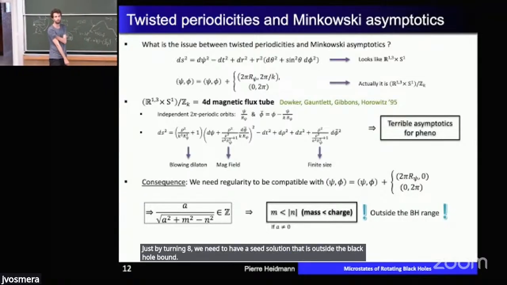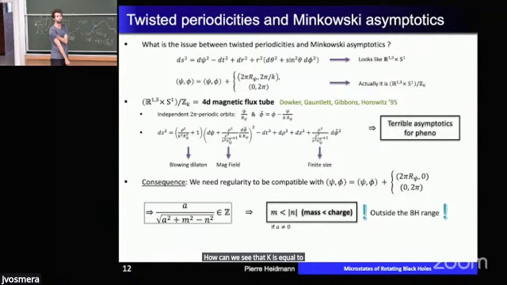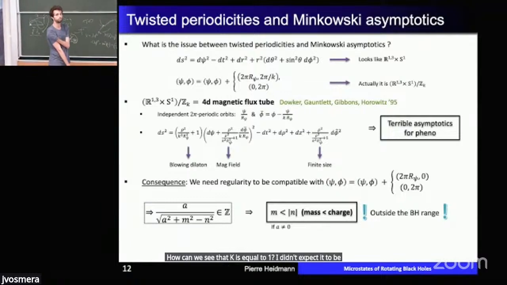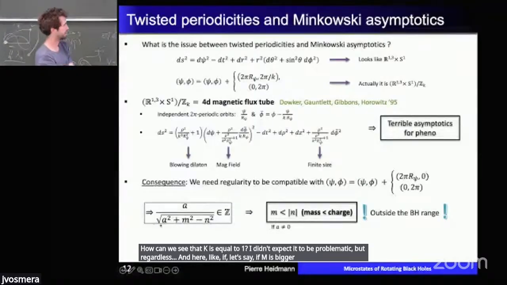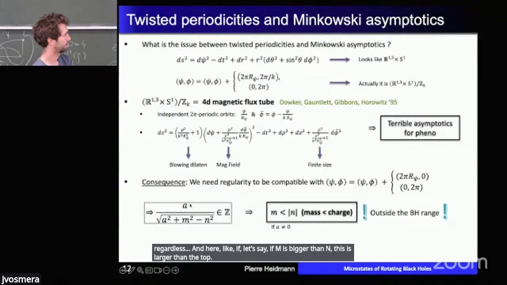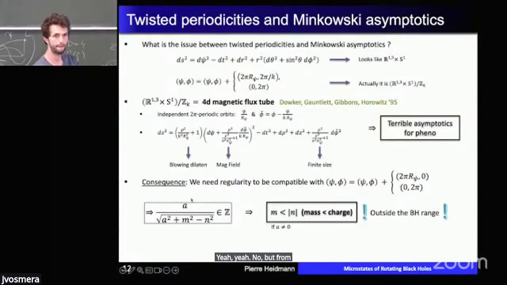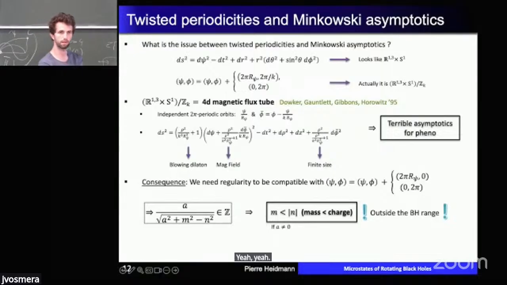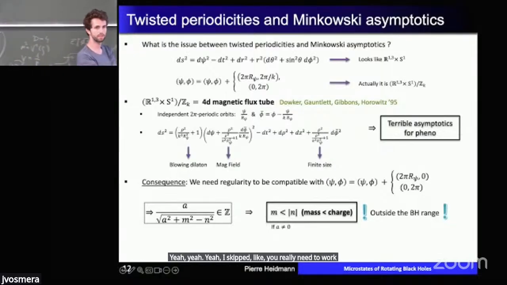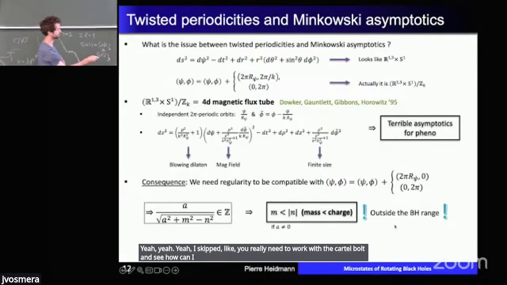How can we see that K is equal to 1? I didn't expect it to be problematic, but if, let's say, M is bigger than N, this is larger than the top. No, but from the solution above. Okay, K. I know it's very hard to see why this arises. Yeah, I skipped it. You really need to work with the Kerr-Taub-bolt and see how you can impose this lattice. Essentially, you really need to force